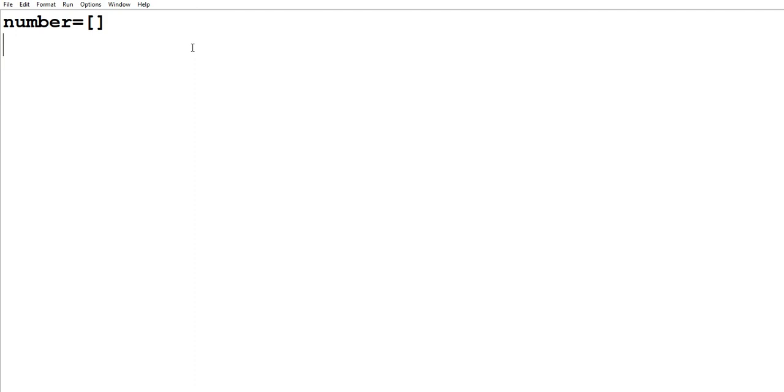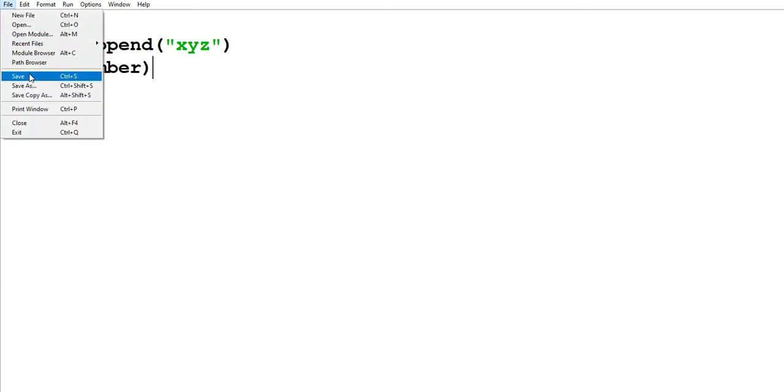How can we use it? We just have to use number dot append, and here we write the value which we want to add in the list. Let's suppose we want to add a string type value, xyz, in the list, and now we try to print the number list, and let's check whether the value xyz is added in number or not.